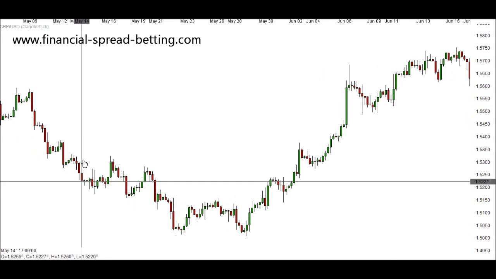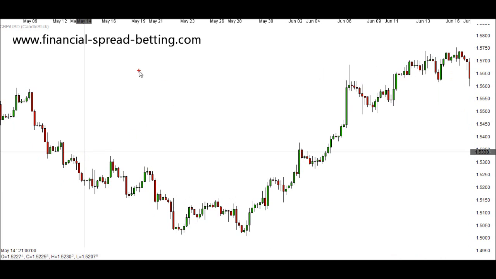Now, what are pin bars telling us? Well, first of all, we have our opening and closing price. On a pin bar, the body can be bullish or bearish. It does not really have any significance. It's the wick that's significant on a pin bar. What it's telling us is price was all the way up here, but because of selling power, price has dropped in the period of the candlestick from here down to here, and